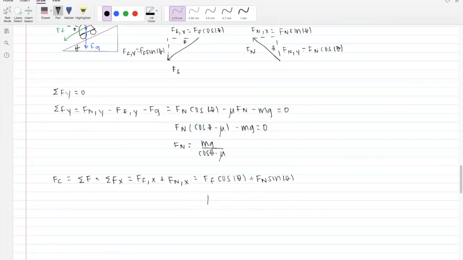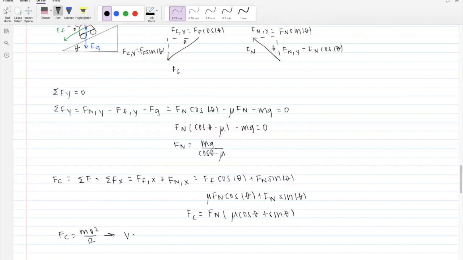So this is going to equal mu Fn cosine theta plus Fn sine theta. We can factor out the Fn, which is equal to mu cosine theta plus sine theta. And then you can substitute your Fn here. So this is going to equal your centripetal force. And if you want to solve for your velocity, you can rewrite it as v equals square root of Fc r over m